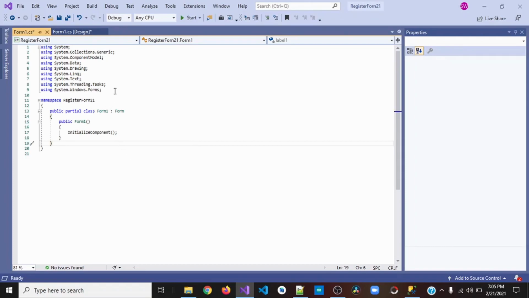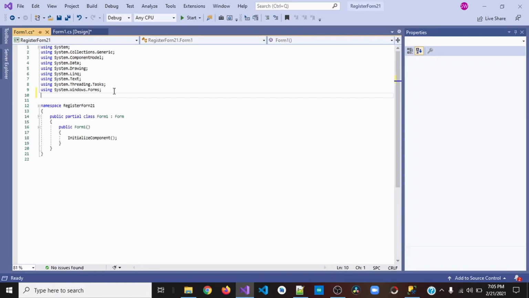So next we can see we have to write some code at the top. So write at the top: using System.Data.SqlClient, and in here